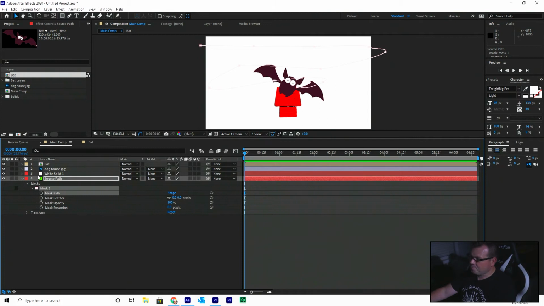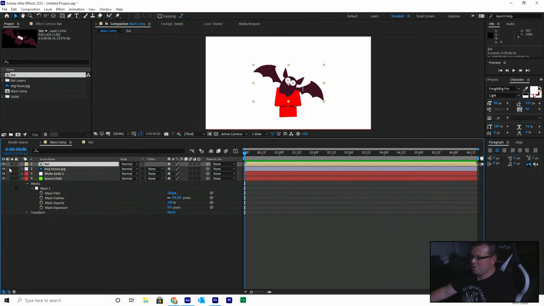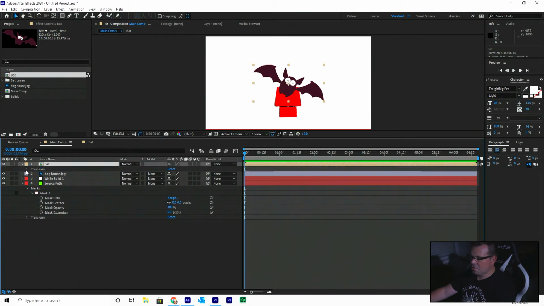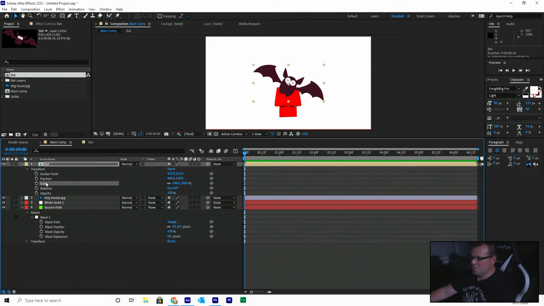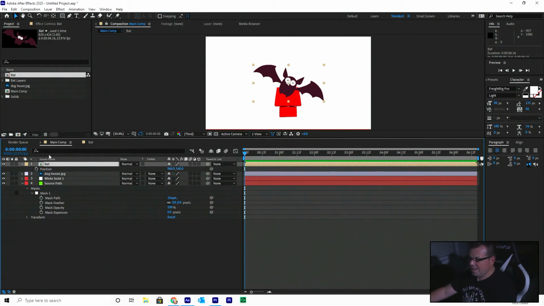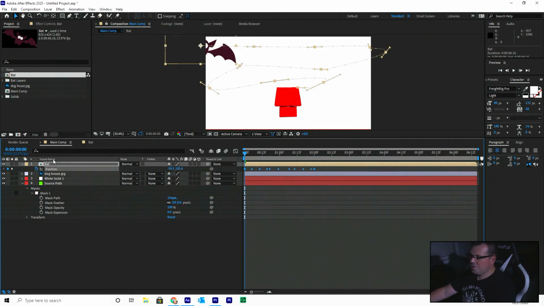From there, I'm going to go up to my bat. I'm going to find its position. Now I could navigate down to transform and find position right there. Or I could use the hotkey P for position and just isolate the position there. Okay. Make sure you select position on the bat and hit Control V as in Victor. And you can see our bat moved over to the beginning of our path